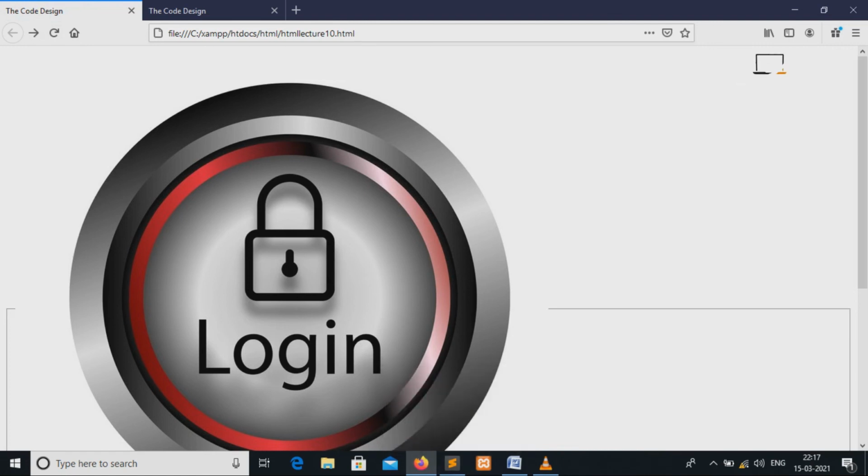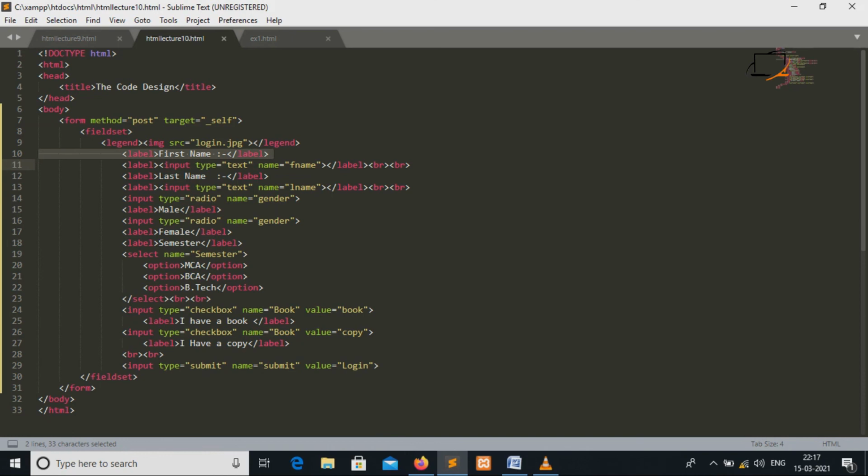Here the size of the icon should be large, very large. Now I adjust, so I use CSS. Simply width should be, take 120 pixel, and height should be also 120 pixel of that image.